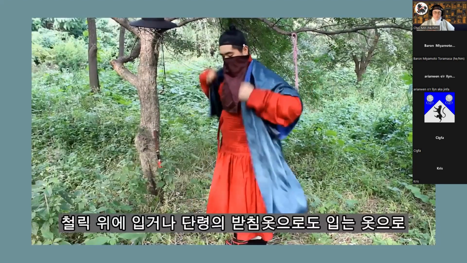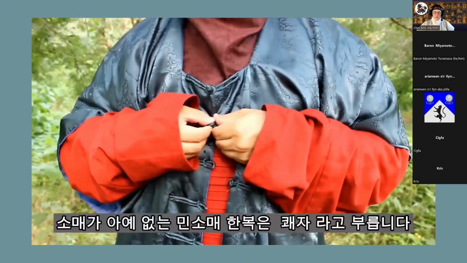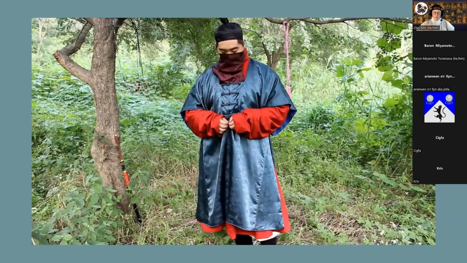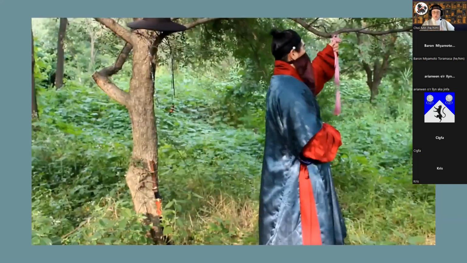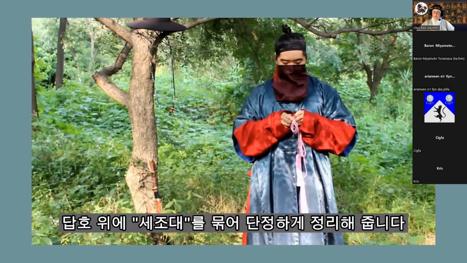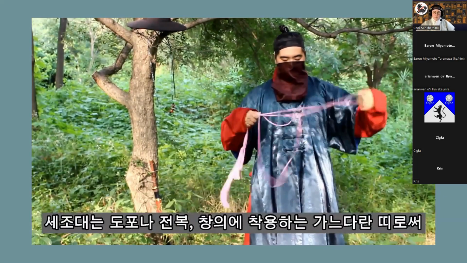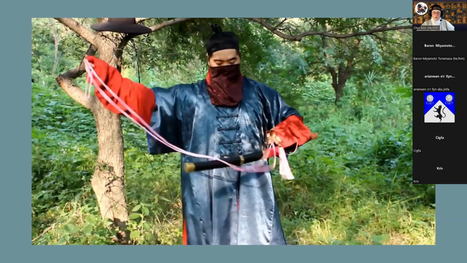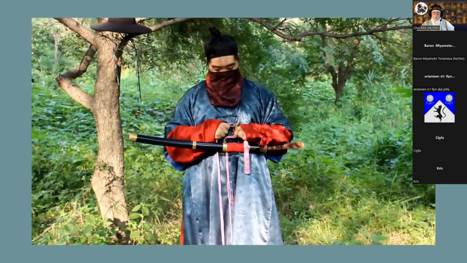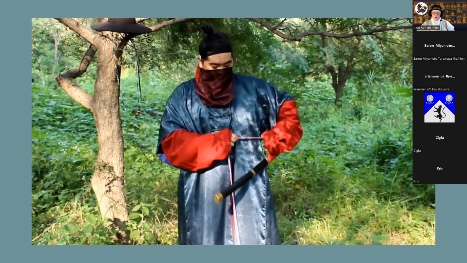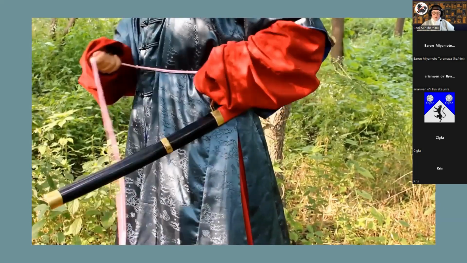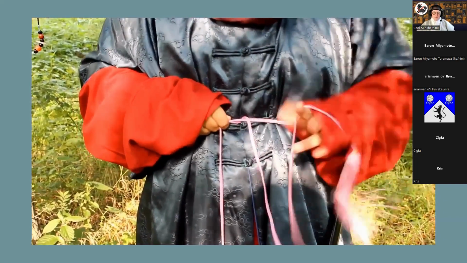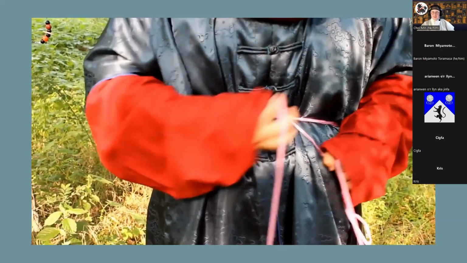Here's that overrobe. He just showed one that's not quite period, but it might be period for his purposes. Ours would be probably a little shorter. It would be higher up, and so you could see more of the robe. And then he's putting a cord belt on, and then you can loop that through a sword if you wanted to, and then you could tie it. And the sword is supposed to go like that. It's supposed to point backwards. And yeah, I'm just impressed that it can hold the sword's weight, honestly.